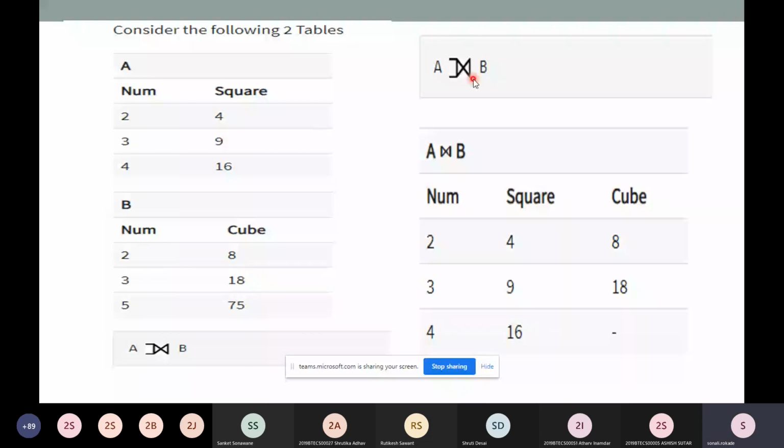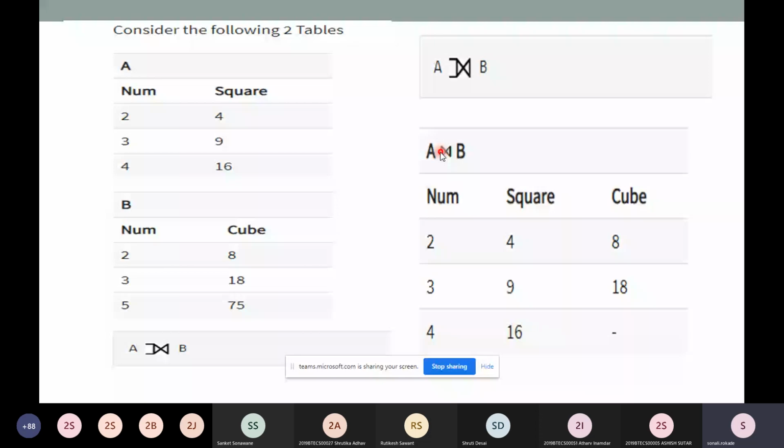Now, this is the symbolic representation. I told you this is a drum-like structure. When you put horizontal lines on the left side, it is called a left outer join. Now we want to perform it on A and B, so we call it A left outer join B. Here it is mistyped.